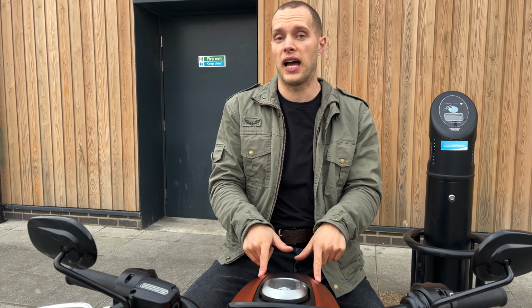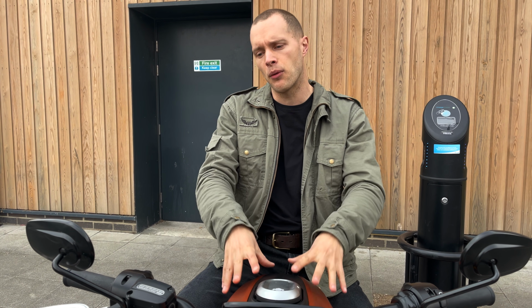For an electric bike to be mainstream and be bought by general bikers like myself, it needs to be sub £15,000, a charge time of 20 minutes, and a range of 160 to 200 miles, something like that. Once things change like that, then this can be mainstream. But for now, with the way it is, current price, restrictions with the network, only about 100 miles range in total if you average it out, it means that this bike can only be an urban bike, a commuter, and